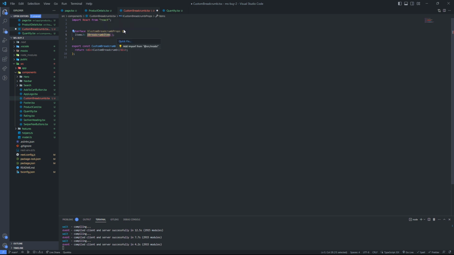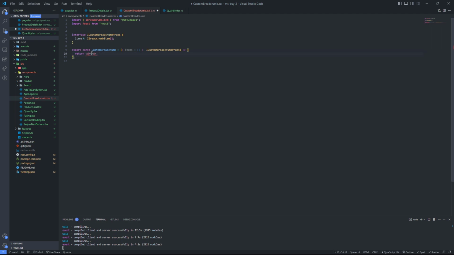So I will import this now, and this is optional because sometimes it's just going to be like an empty breadcrumb items. So I'll just set a default value here. This set items default value to empty array, so that if I don't pass anything, it's just going to be an empty array. So this is basically going to receive breadcrumb items, which is basically going to be a list of name link items, and that's what I'm going to